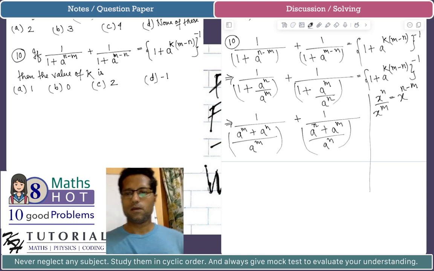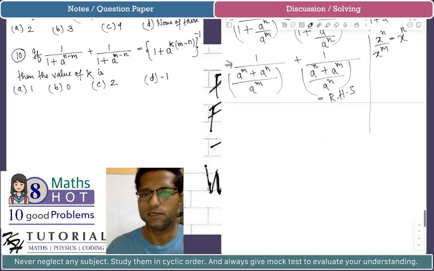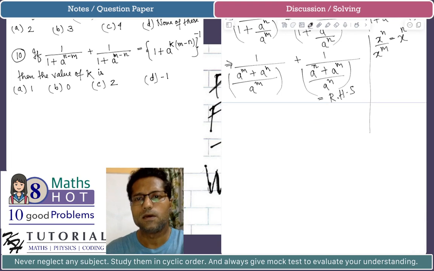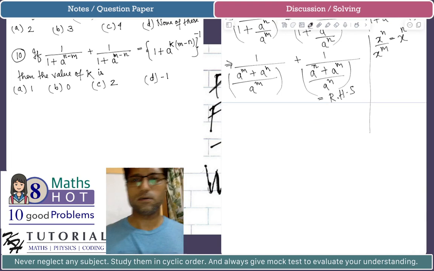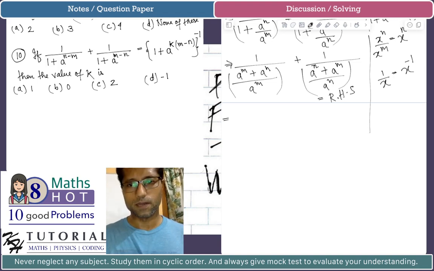Okay, and we have the right hand side. As of now, writing RHS. Now what is 1 by... so anything 1 by, we know that 1 by x we can write as x to the power minus 1. So this will imply a to the power m plus a to the power n divided by